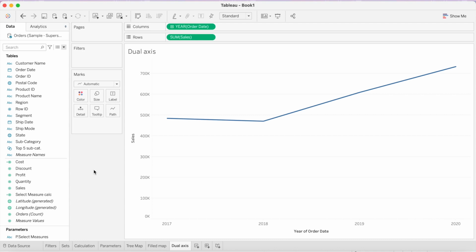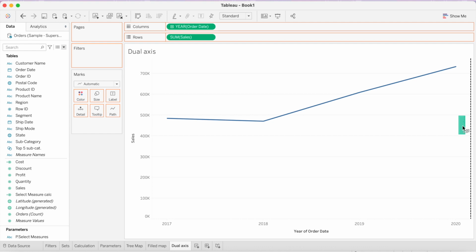Now let's drag the second measure onto the opposite axis, and the second measure that we want is profit. You can add profit in two different ways in dual axis. Let me show you how. The first one is to drag profit to where the right y-axis is, and as you can see, once I am close to the opposite axis, Tableau gives me a hint where I can drop this measure by indicating with a dashed line.